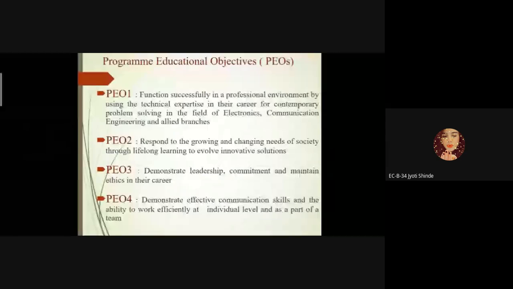Okay, so can anyone tell what is the need of these particular objectives? तुम्हाला माहित आहे का? Why do we study these particular objectives in every semester? Maybe you studied this from the first semester. So it is your last semester. Have you identified what is the need of this particular objective? Why do we study it? Yes, anyone?